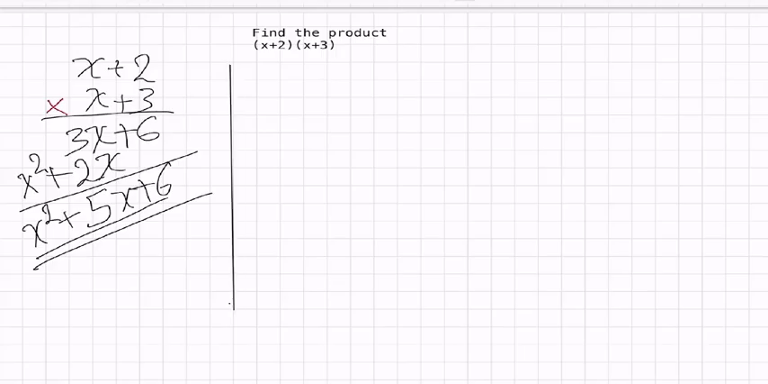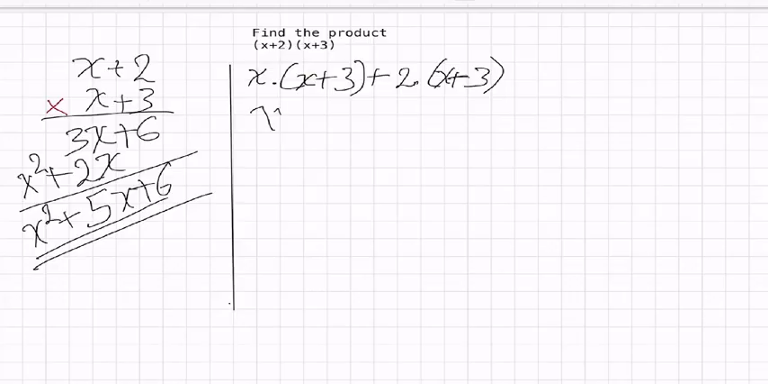We started to distribute the first binomial. Then it is x times (x + 3) plus 2 times (x + 3). Now, distributed, multiply: x times x is x squared, plus, again, x times 3 is 3x, plus, again, 2 times x is 2x, plus, the last one, 2 times 3 is 6,